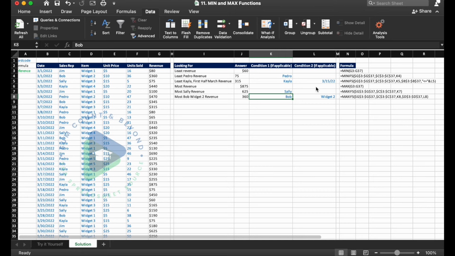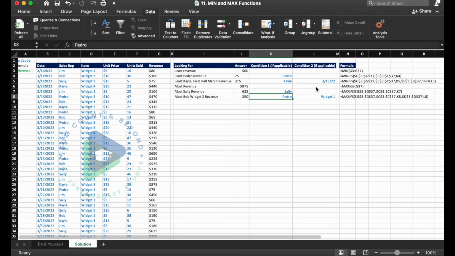And again, the reason we love to avoid hard coding in cells is that if you find yourself in a situation where you want to get to a different answer, it's always easier to do it by just being able to type it in. So let's say we wanted to do Pedro and widget 1. We see that the largest sale is 250.